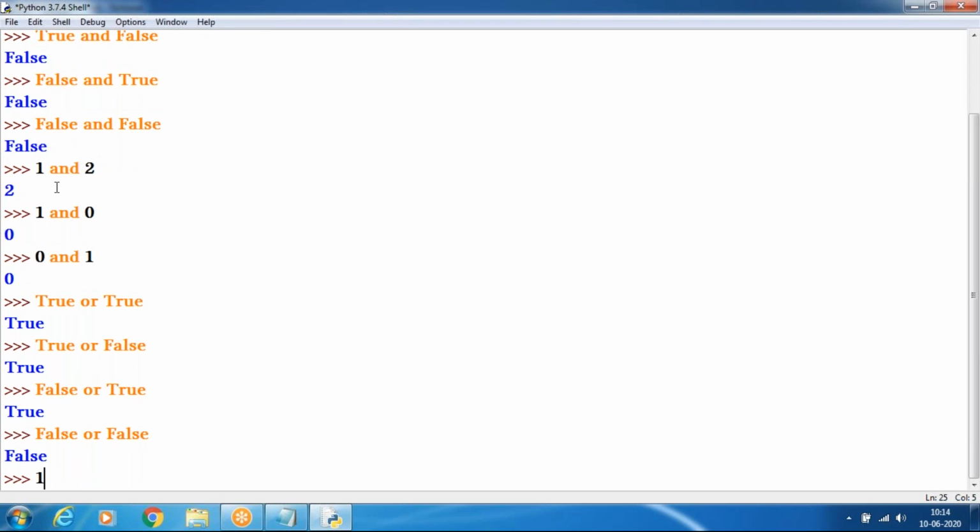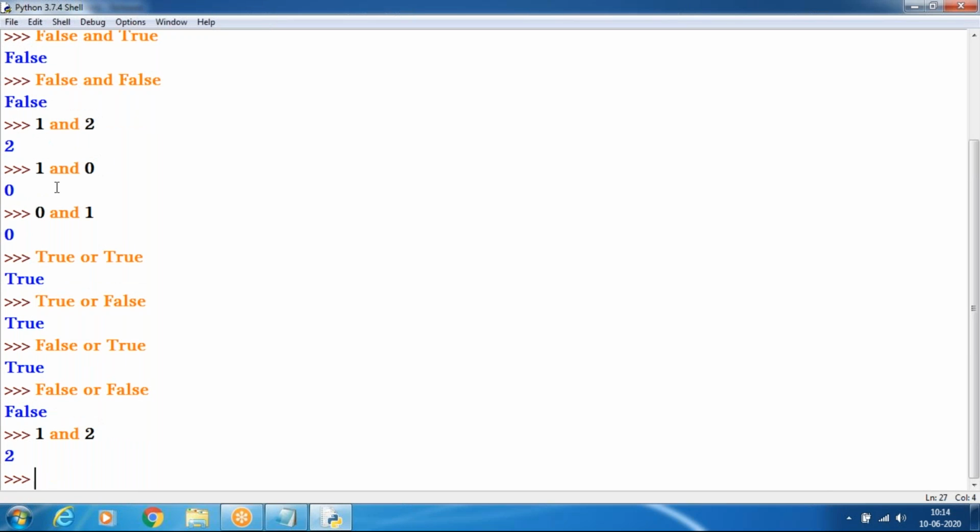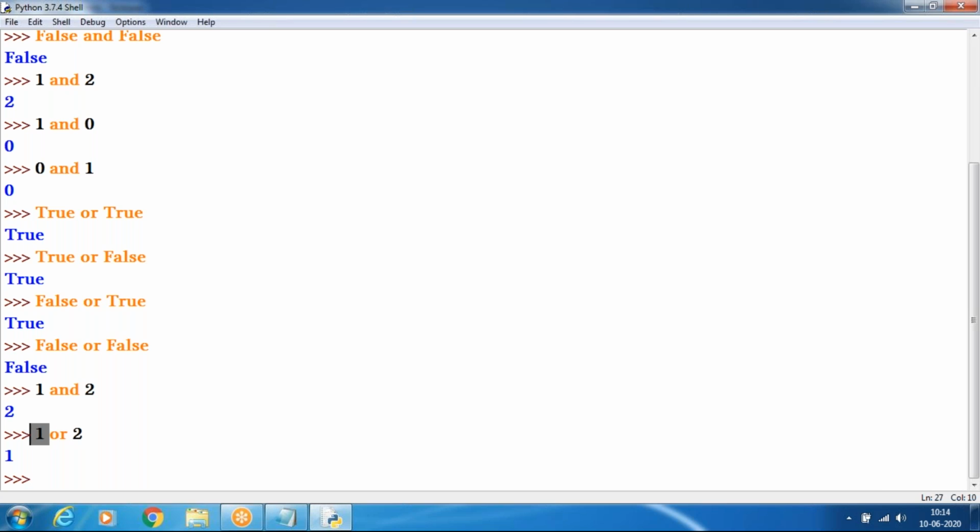In case 1 or 2, it will produce 1. Why? Because the first condition is true, it doesn't check the 2 and automatically produces the result as 1.